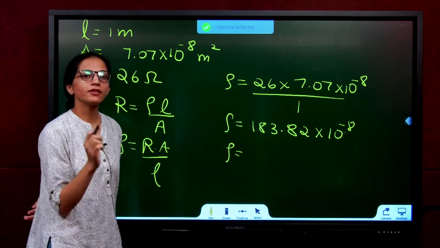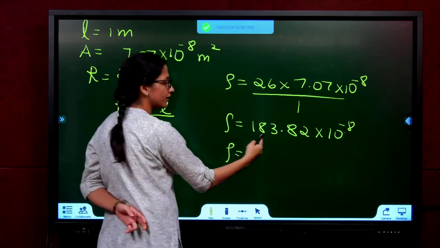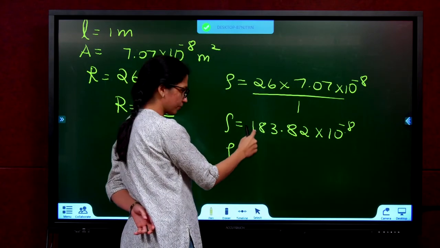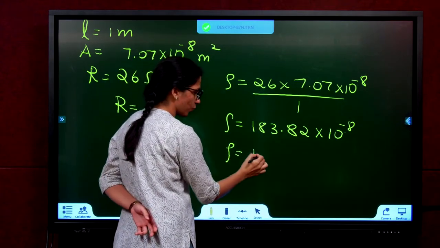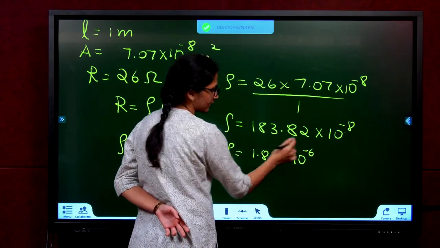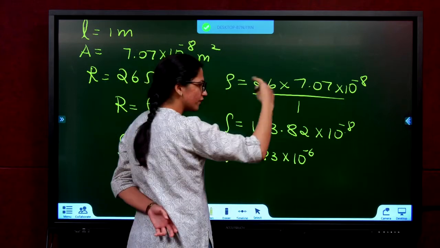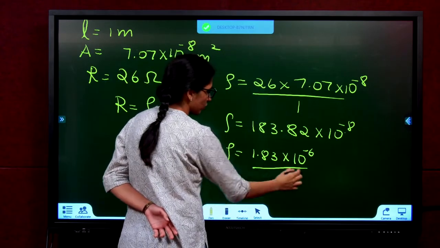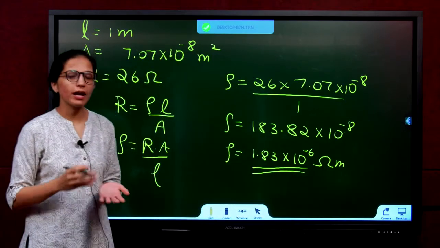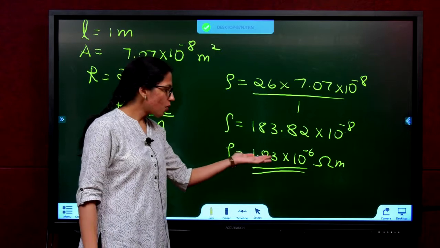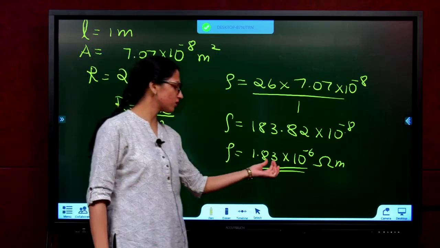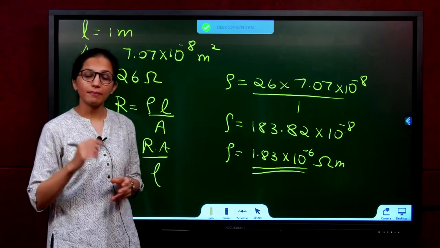The decimal should be after the first non-zero digit. You are already 3 non-zero digits away. Move the decimal back to the first position. So you're going left, and it becomes 1.83 into 10 power minus 6. Why? If you move to the left, it's plus 2. If you move to the right, it's negative. So, ohm meter. Now, open table 12.2 all of you and check which material has 1.83 into 10 power minus 6 ohm meter. The second digit may vary a little. You will see that the material is